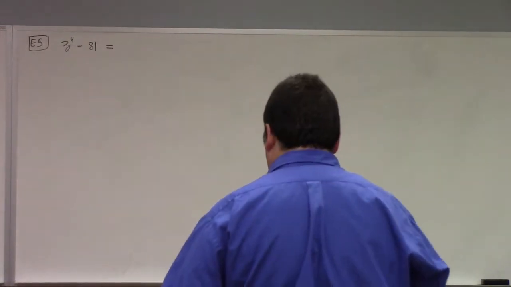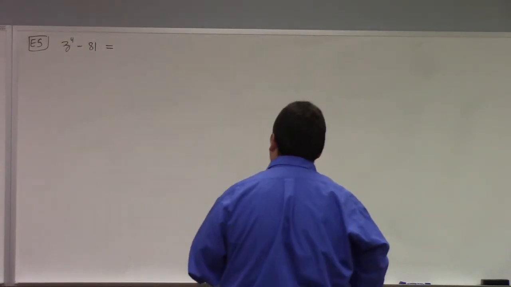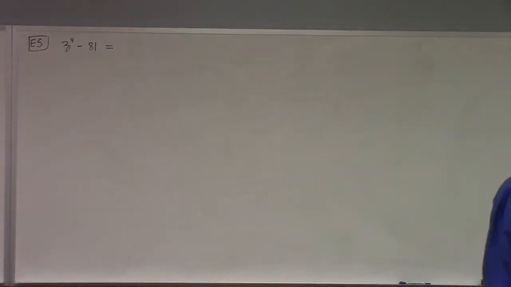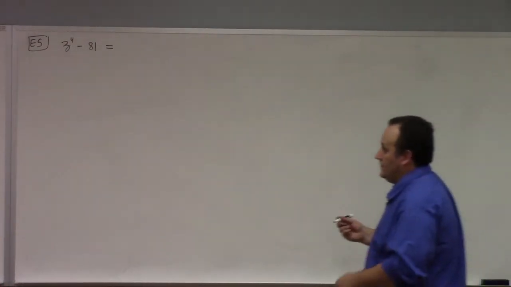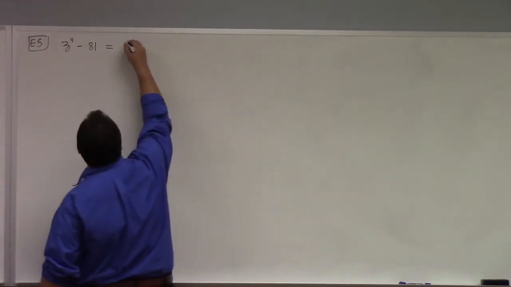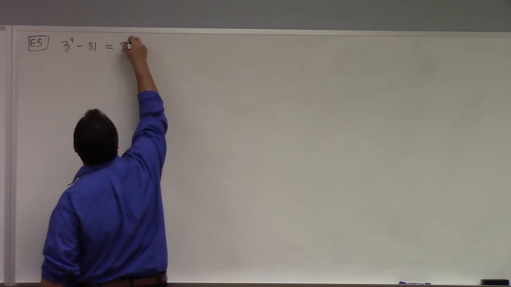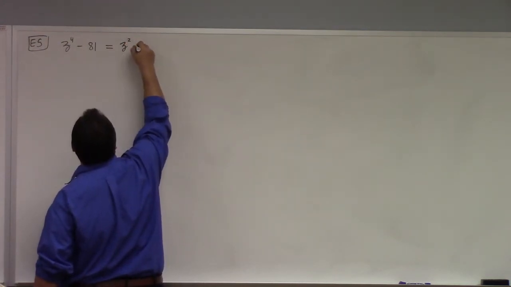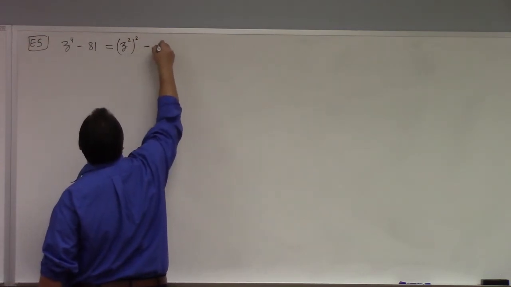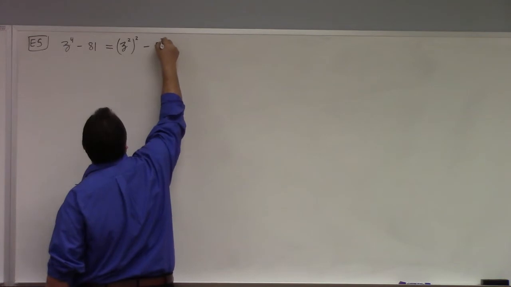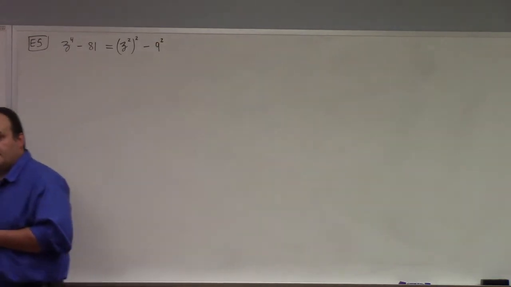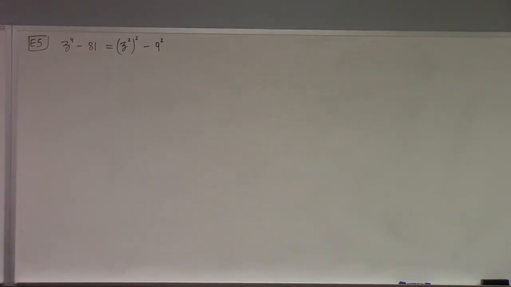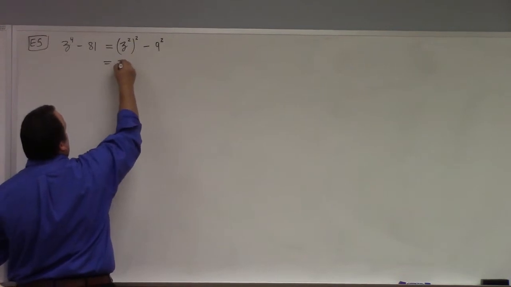Can we factor z to the 4th minus 81? So we're going to look at this as z squared, squared, minus 9 squared. Right? So it's difference of squares. And so we can